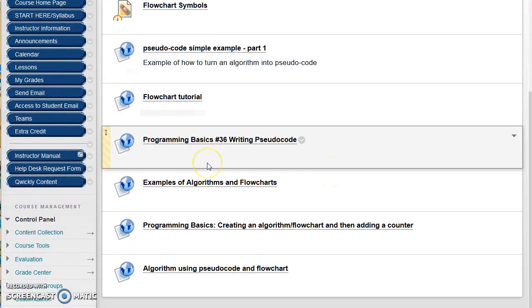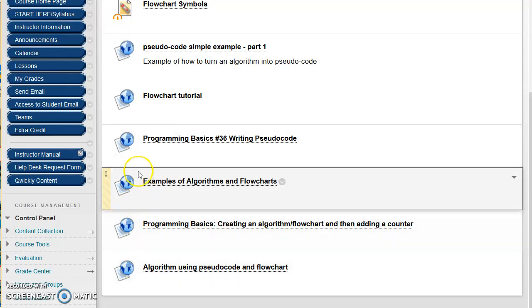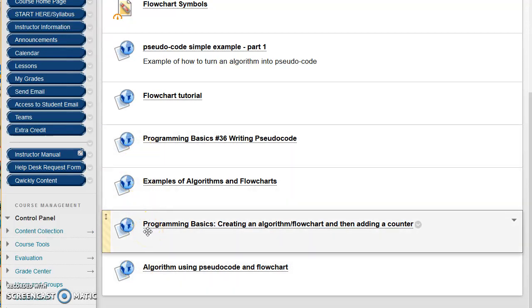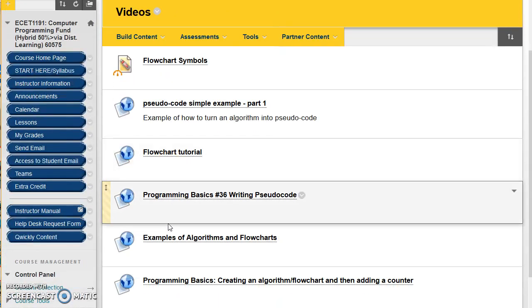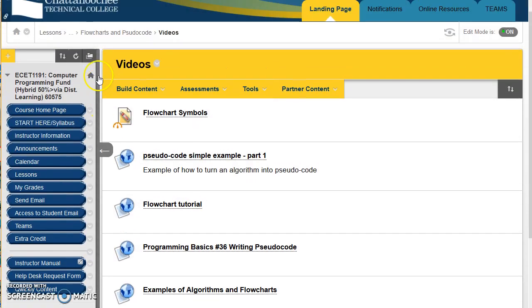All right, so right here I have all kind of videos. These are like YouTube videos that talk about algorithms and flowcharts, and it's very important that you understand this. Also, go to the resource center, to the tutors. We have tutors in the lab, and they can help you. So make sure you understand how to create a flowchart or pseudocode, because once you write down the steps to create the program, it's much easier to translate that into an actual program. But you need to think through what the task is and what it is that you need to do. All right, so let's go back